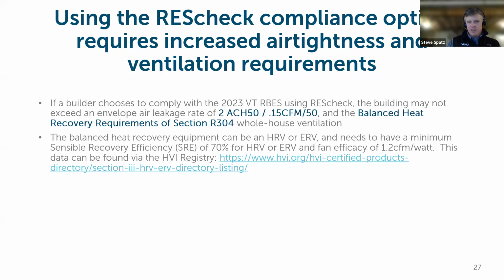These are just a couple callouts in the ResCheck section, but this applies to any building type at this point as well. Just an update from the 2020 RBES to the 2024 is that the building air leakage requirement has dropped from 3 ACH to 2 ACH. We're also calculating it now as CFM per square foot of surface area. I'm not going to talk about that in detail right now, but it's just a different way of taking the blower door number and data and putting it into a comparative